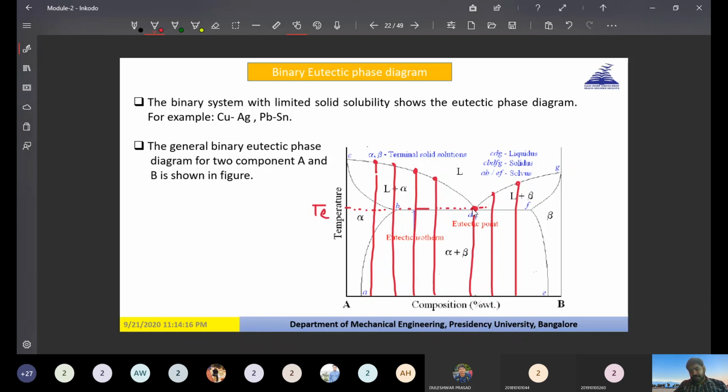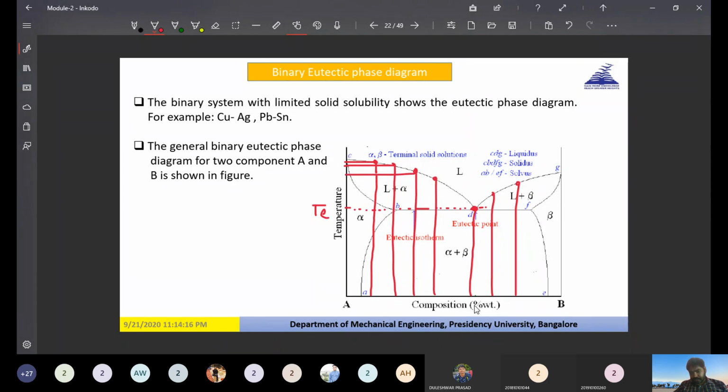Can you tell me any other point which is in liquid phase? Here you see everything above this is liquid. So if you take this composition and start heating it, as soon as the alloy reaches this temperature, it will convert into complete liquid. So that is the definition of the melting point actually. That's why this eutectic diagram is very important. If you have taken 10% B, then this is the melting temperature for the alloy. If you have taken this composition, then this would be the melting point of the alloy. If you have taken this composition, then this will be the melting point of the alloy.